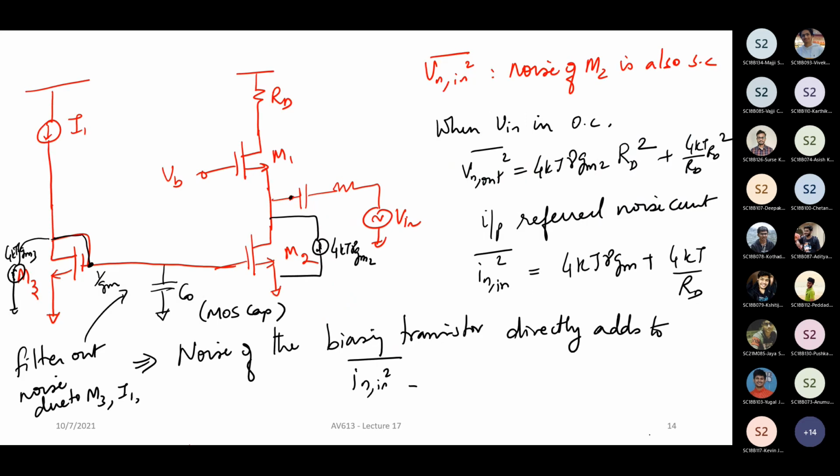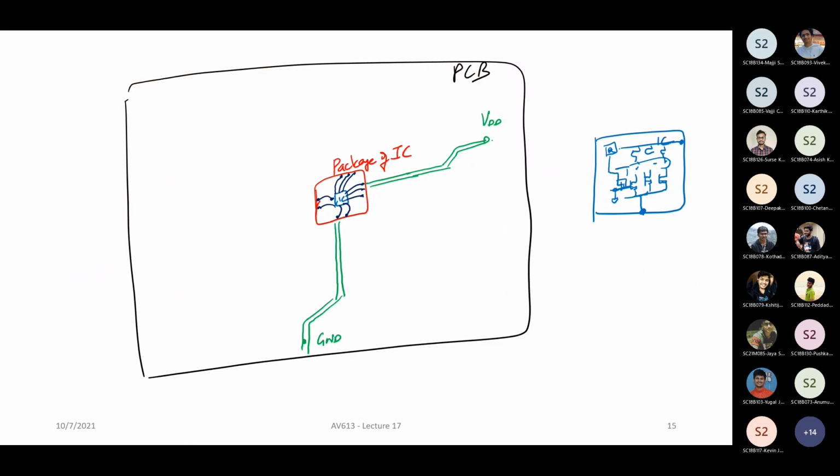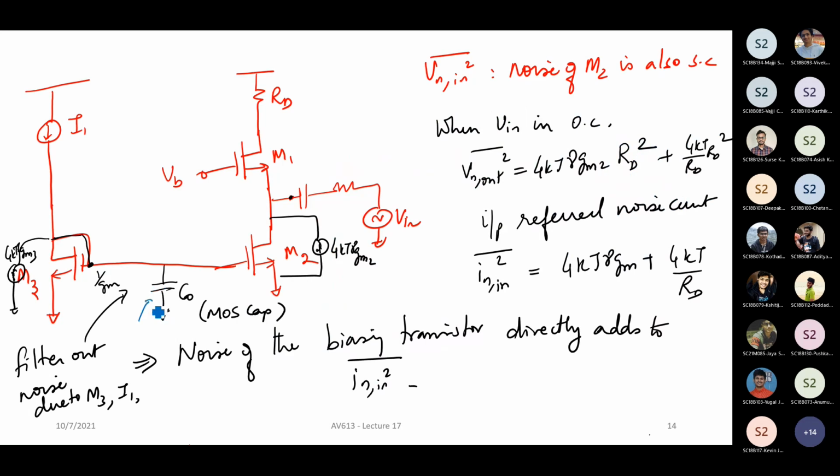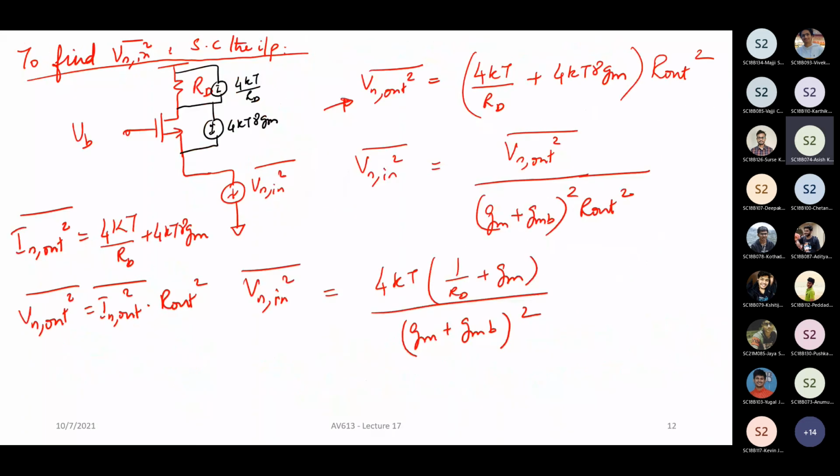So the entire thing, whatever we are looking at here, this whole thing is going to sit inside your chip. Now we are talking about the noise generated by this band gap reference, the noise generated by these things, and so on. You are asking about this capacitance. Is it about this capacitance, or in general you are asking about the capacitance between ground and something else? So it is about this capacitance.